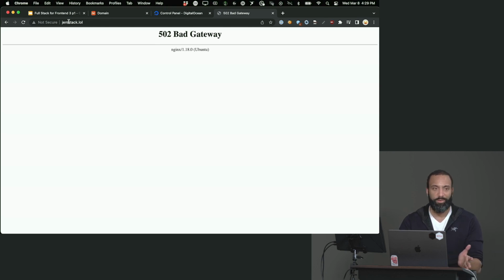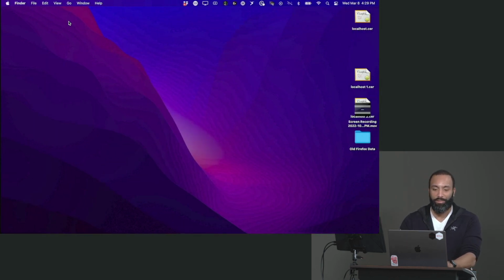One, my domain name's finally hooked up. Yours may not be, but hopefully it's propagated out. But what are we missing? Port. No, we got the port. What are we missing? We're not running a server. We never actually started our application. We wrote it, but it's all these steps along the way, and it's really easy to miss these things. So let's go ahead and fire up